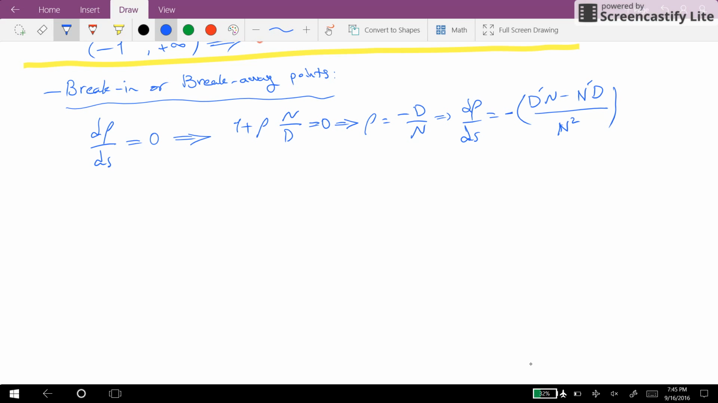Okay, that's true, because we may have rho equal to minus d over n. So this is true, and we already know that n in this case is equal to (s+1) squared, d is equal to (s+2) squared. As a result, from here we have n prime equal to 2 times (s plus 1) times (s plus 1) squared, and from here,